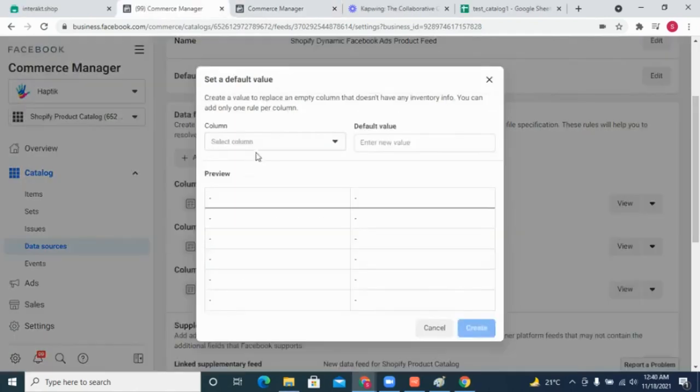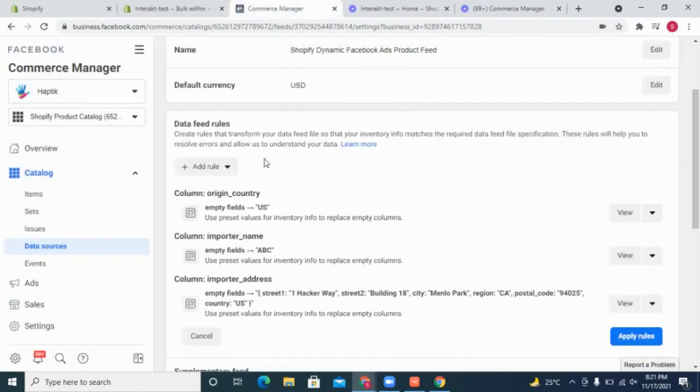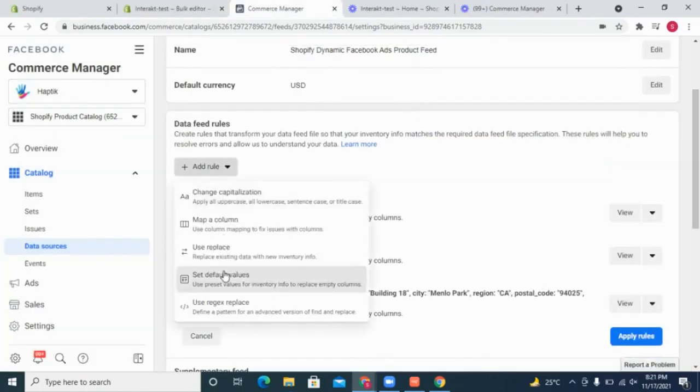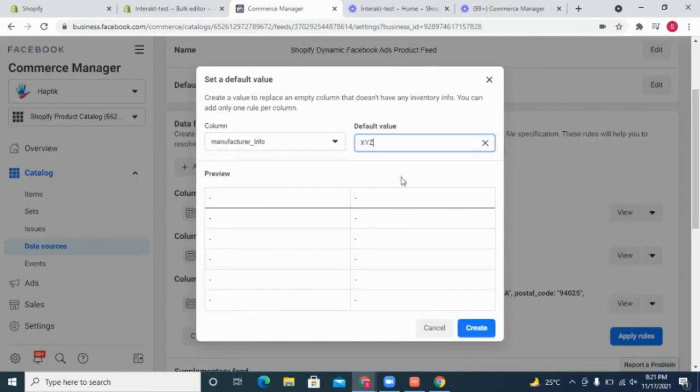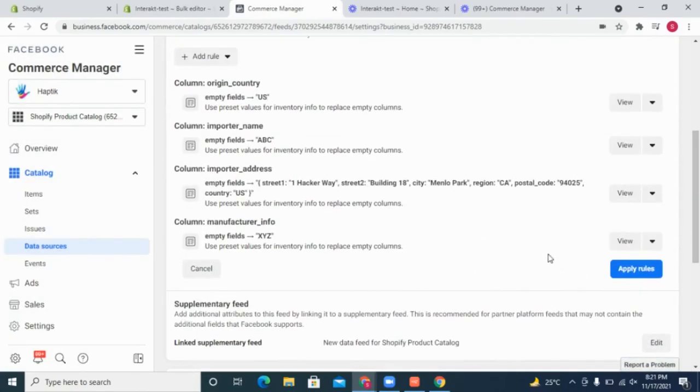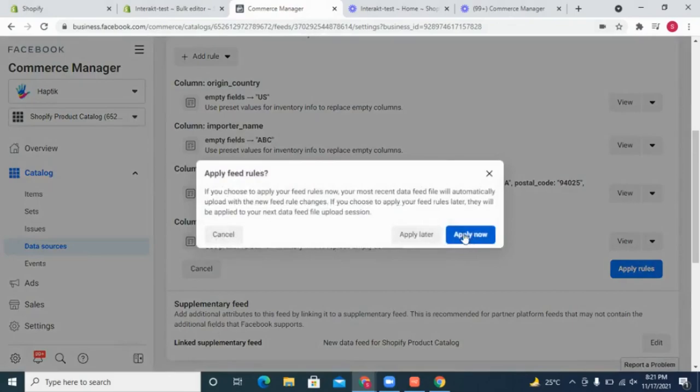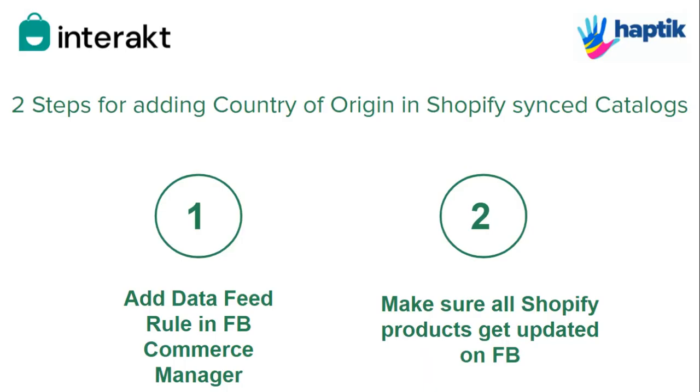Followed by importer_address. And a manufacturer_info. Next, click on apply rules here.